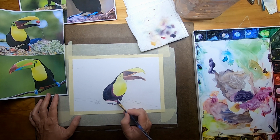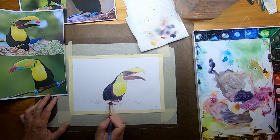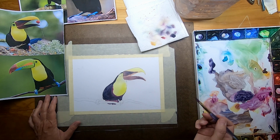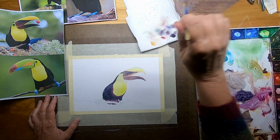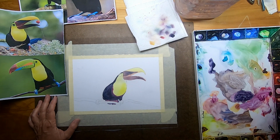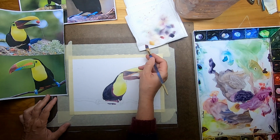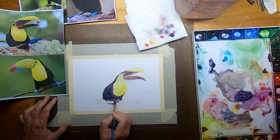I'm going to put some reddish purple under there, and as soon as I finish this, I'm going to touch a little bit down on the underneath part, the part underneath the twig, but not very much because there isn't really very much color showing there. And then I'm going to pick up some Scarlet Lake without a whole lot of water and touch that in, and again, don't have too much on your brush,